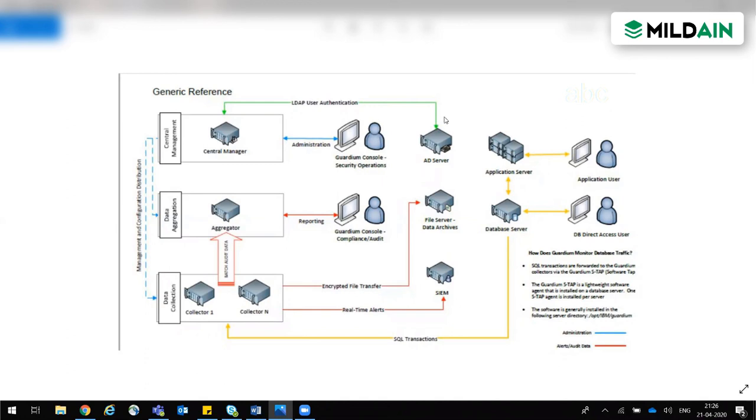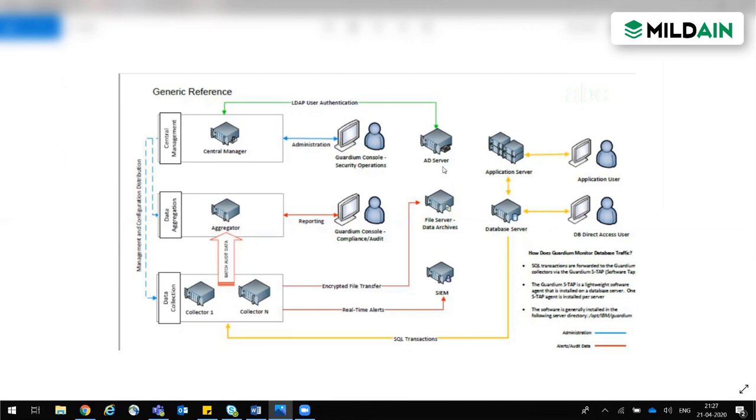Initially you have to log into your PC, your system, and that is done with the help of the AD server. You have a username and password, and you don't have any control over them. You can't change your username. You can change your password, but the username is fixed. There is a team called the Wintel team, the Windows platform team, which manages this AD server.